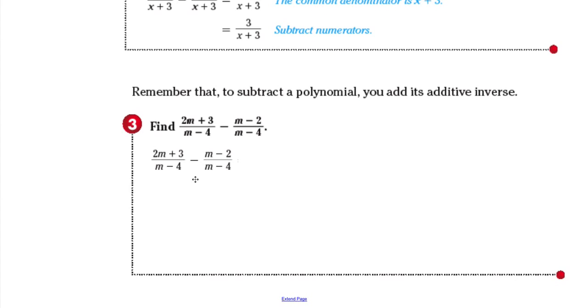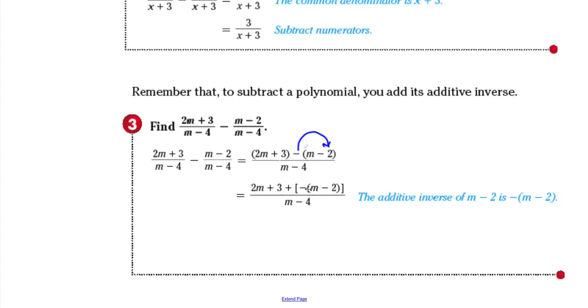Okay, example 3. Remember that to subtract a polynomial, you add its additive inverse. Okay, so we want to find 2m plus 3 all over m minus 4 minus m minus 2 all over m minus 4. So copy the problem, and then we keep the denominator the same, m minus 4, and we simply subtract 2m plus 3 minus quantity m minus 2. And it is important to put the parentheses, because with the parentheses you are distributing the negative 1 to m, and the negative 1 to negative 2. So you end up with 2m plus 3 plus negative m